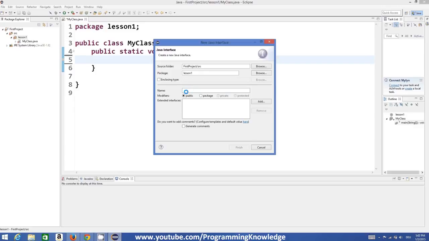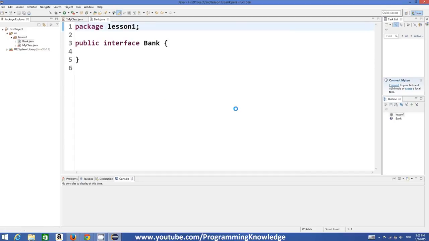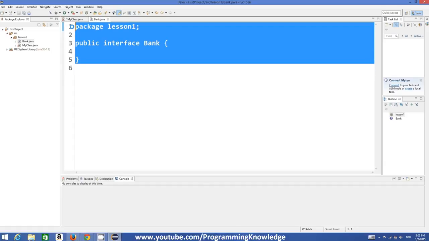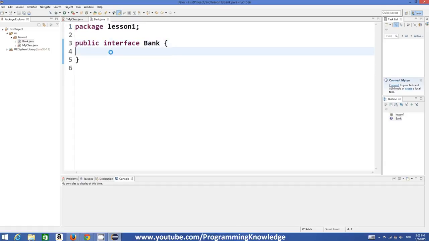For example, we will give the name to our interface as bank, as we have given in the last video to our abstract superclass. Okay, so this is the basic definition of an interface, and whatever method you define inside the interface, like get interest rate, it's automatically